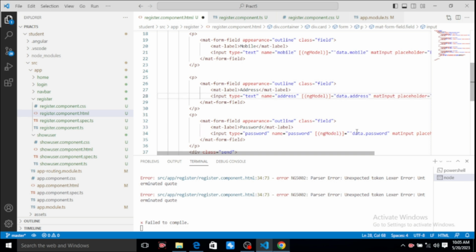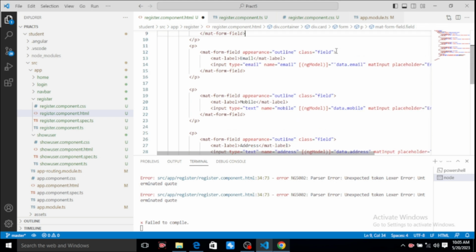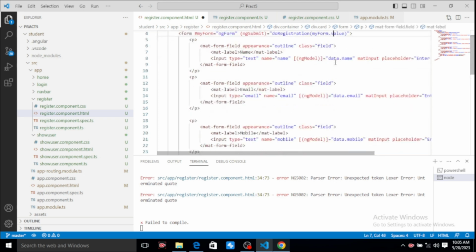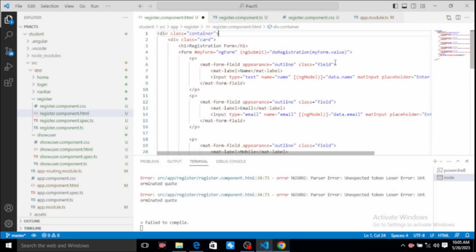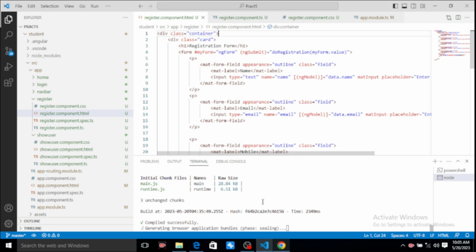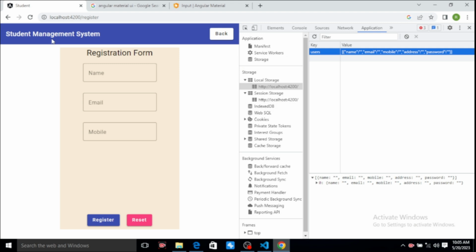One mistake is there. Again here, delete, and all things are fine. Okay, compiled successfully. Now go to our application,